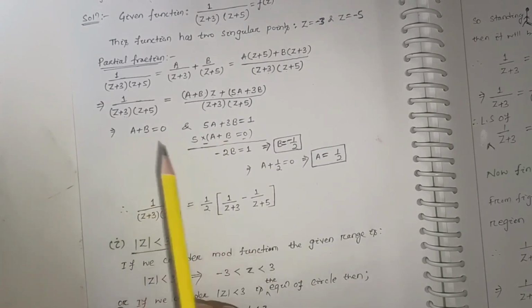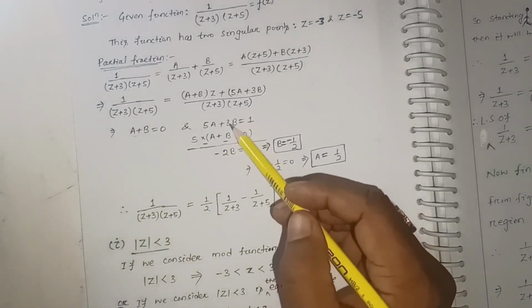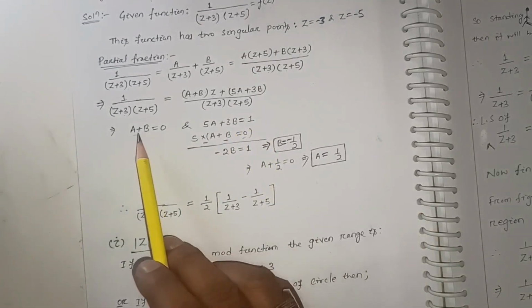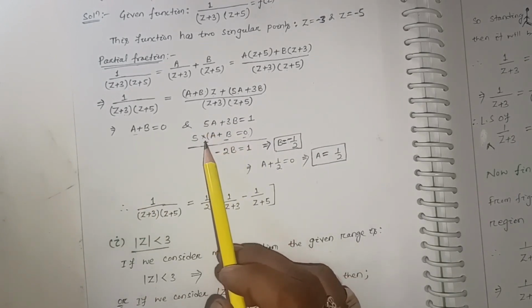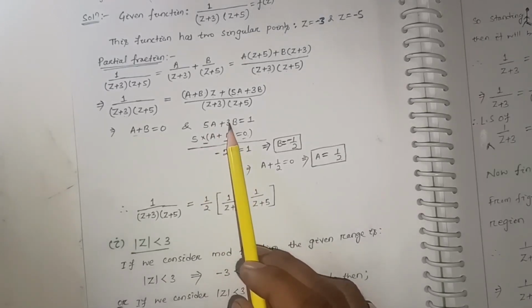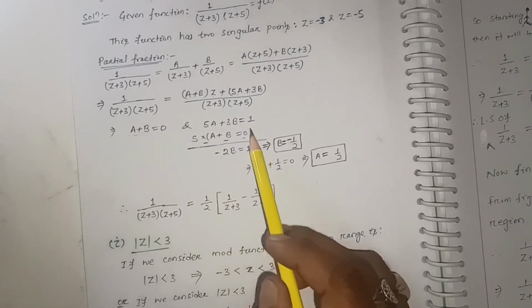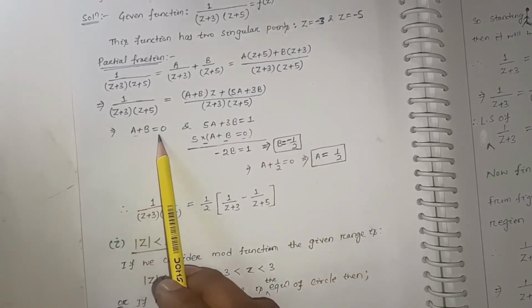So here a plus b equal to 0, so I multiplied 5 with this equation and subtracted these two equations. So 5 into a plus b equal to 0, then subtracted. If I subtract, then here you can see 5a, so minus 5a plus 5a got cancelled, and here minus 5b plus 3b, that will be minus 2b, will be equal to 1. That implies b will be minus 1 by 2, and as a plus b equal to 0, so a will